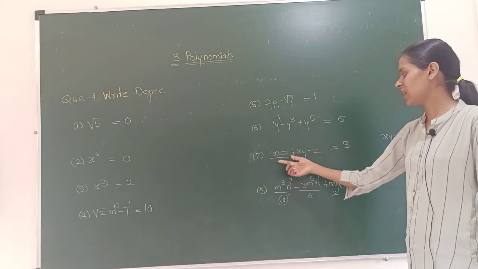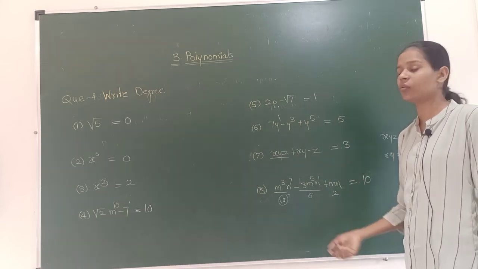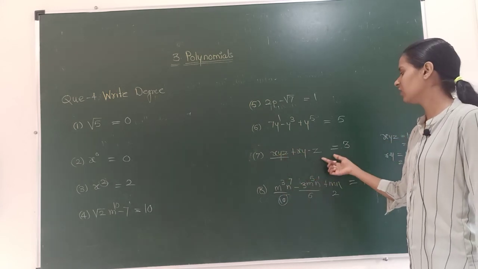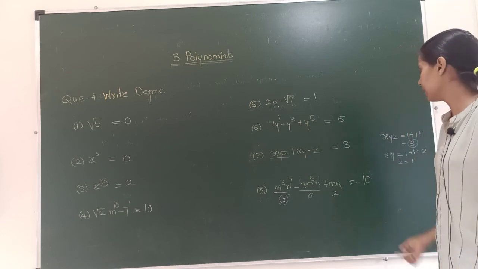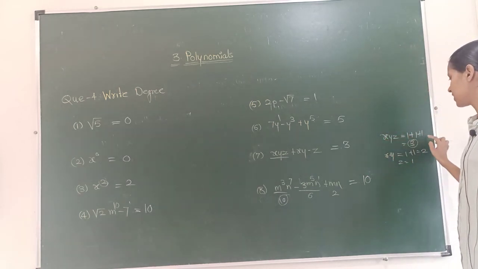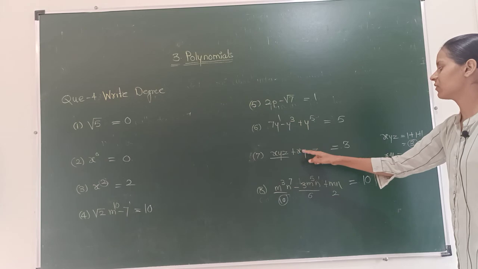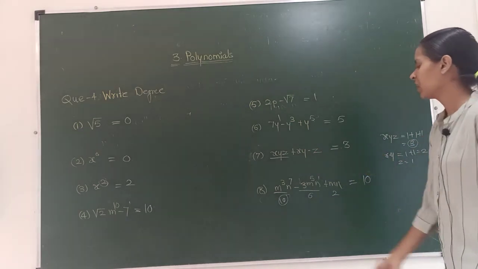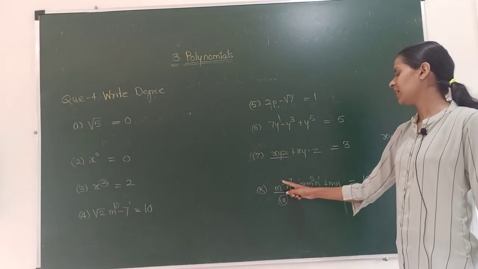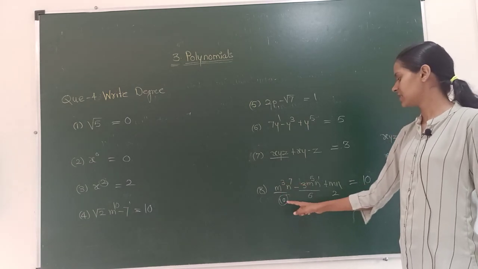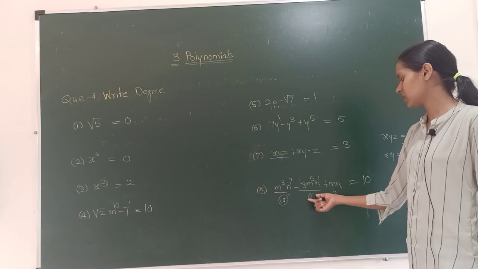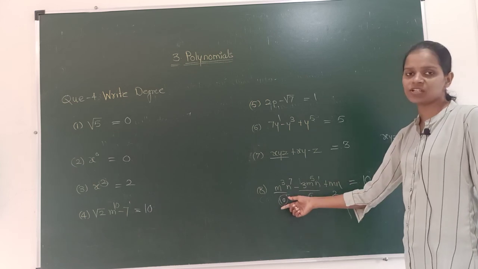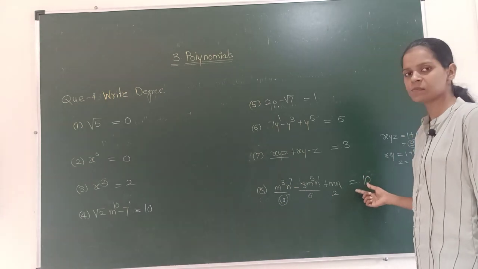But here the variables are different. Now what do we have to do? We have to add the powers in each term so that the greatest addition will be the degree. So we add here 1 plus 1 plus 1 is 3. For this, 1 plus 1 is 2, and here it is 1. The greatest addition is 3, therefore the degree is 3. Here we did the same. We added the powers for each term. 7 plus 3 is 10. For 5 here is nothing, means 1. 5 plus 1 is 6, and here 1 plus 1 is 2. The greatest addition is 10, therefore 10 is the degree of this polynomial.